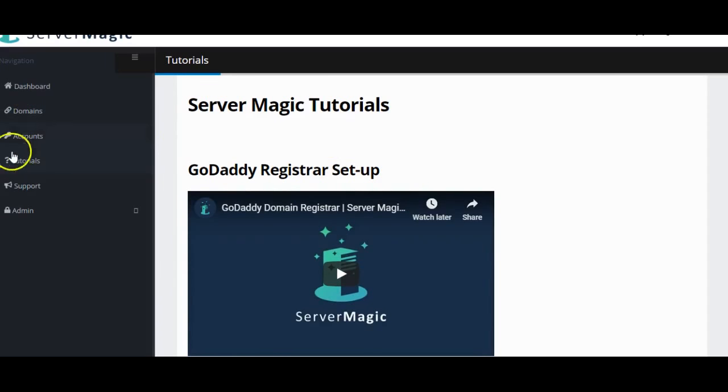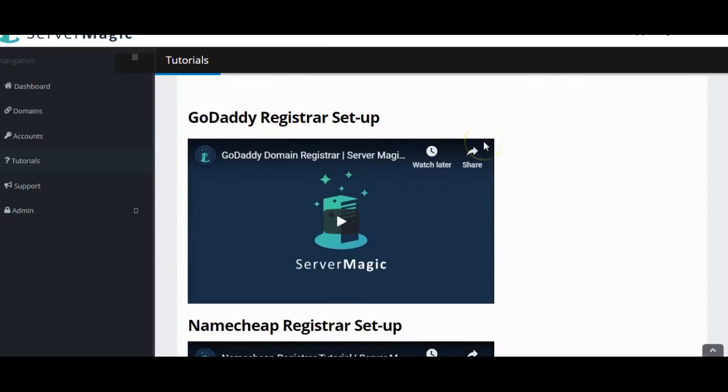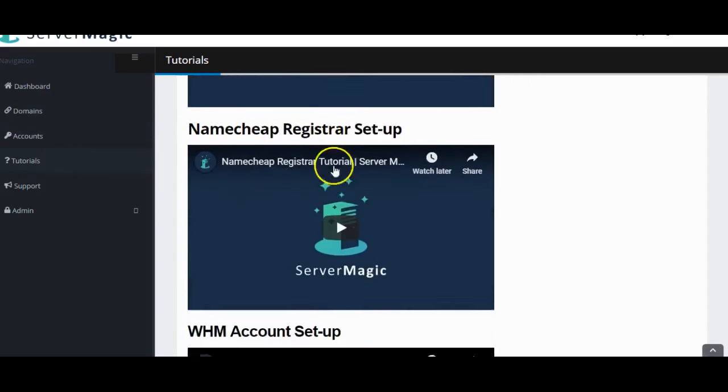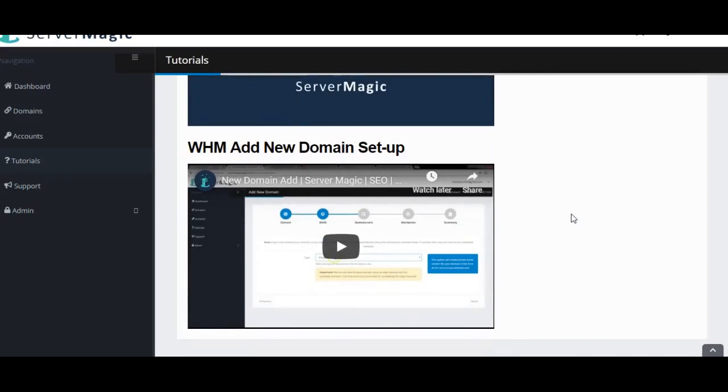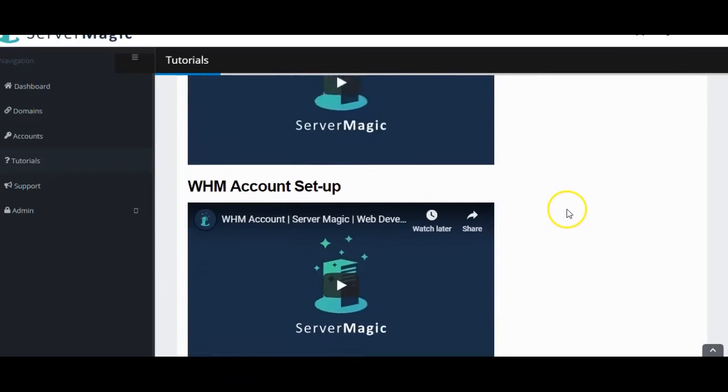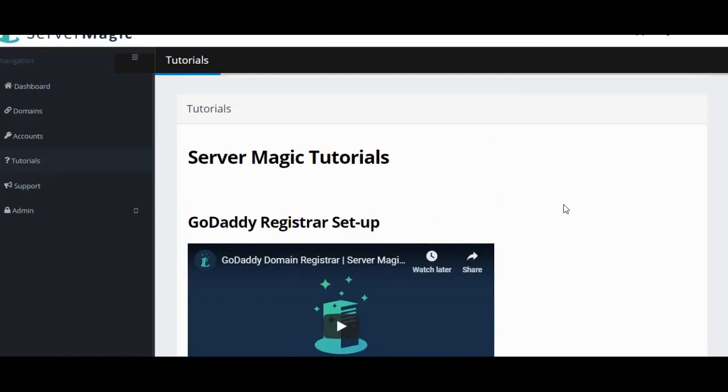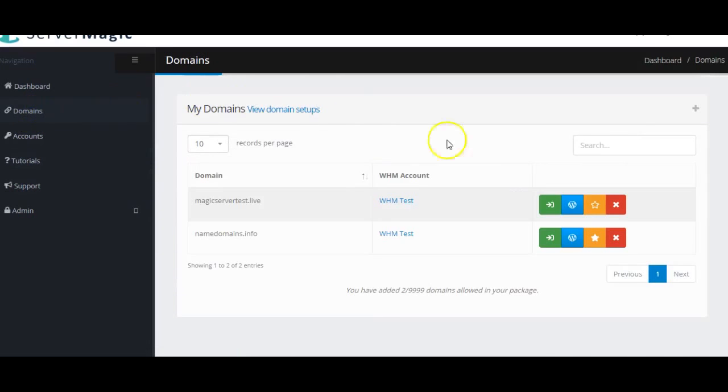Okay, so in here, once you're in and you're ready to get set up, here's how you set up everything. Okay, we have videos that walk you through step by step, over the shoulder, how to do everything. Okay. If you come into any issues, then we have support, and you can just contact us through the support. So now let's go back and look at and here is our domain right here,